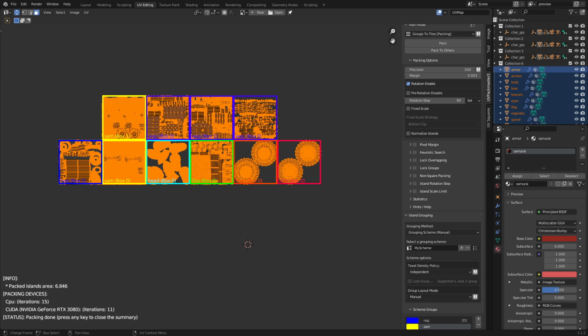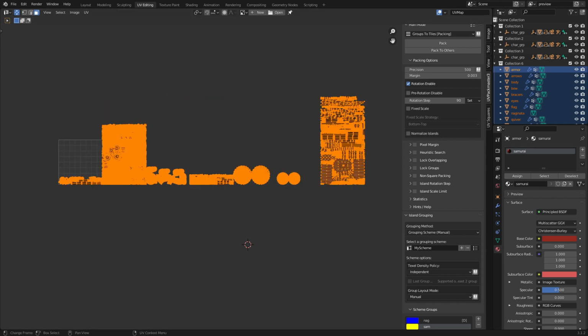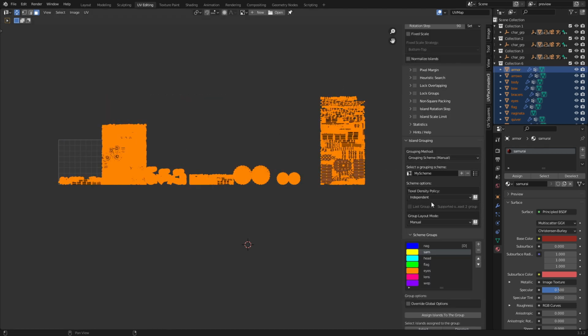Let's go back from the previous part of the tutorial, where we were effectively packing with a uniform Texel Density Policy, in order to maintain relative Texel density for all UV groups. Now I'll show you how to maintain the relative Texel density and still use the entire UV space effectively. And that's all thanks to this grouping scheme method. So I'm going to go back to here. Let's go down here and select our Texel Density Policy and change it to uniform. And now when we press